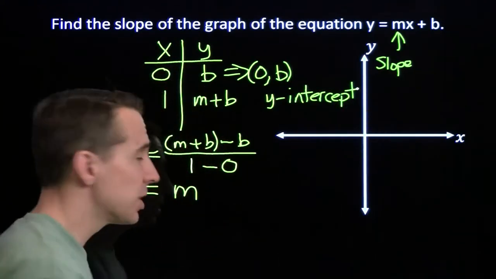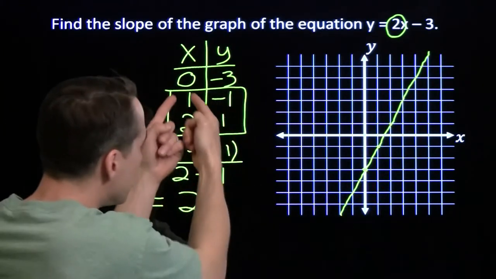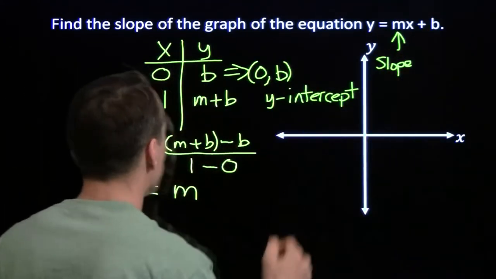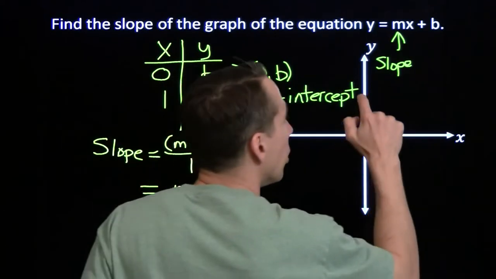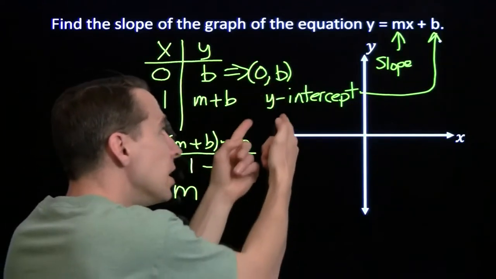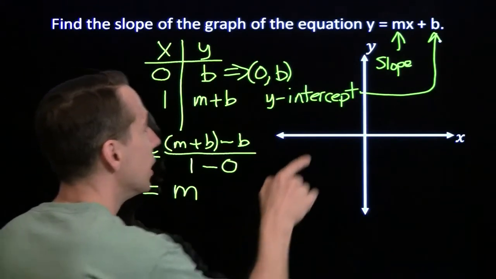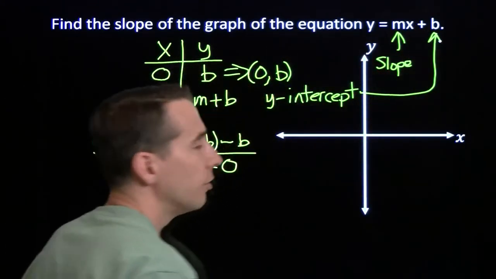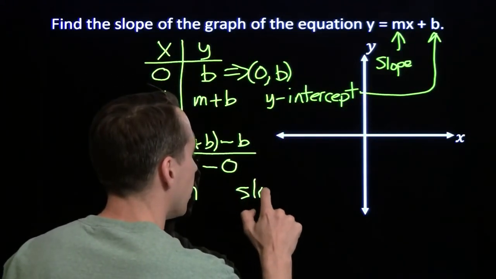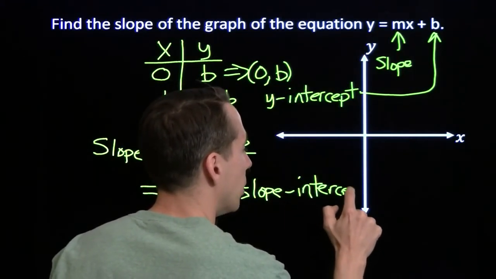And we can see an example of this in action right back here. Our line hits the y-axis at the point 0, negative 3. And there's the minus 3. So that's what the b tells us. It tells us where this line is going to hit the y-axis. Some people will use the term y-intercept to mean the point, some will just mean the value b. I don't care which you use as long as you're clear which one you're using. And because this form of an equation so quickly tells us the slope and the y-intercept, we give it the very clever name of the slope-intercept form.